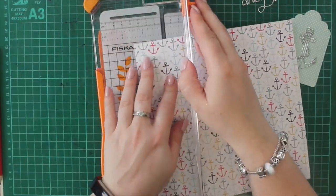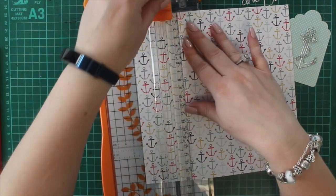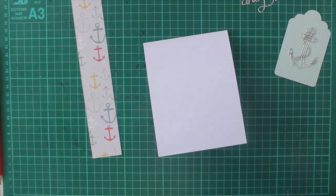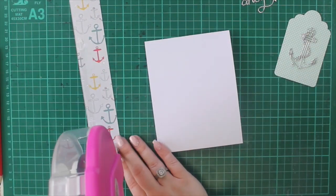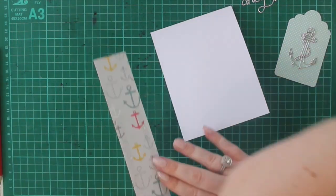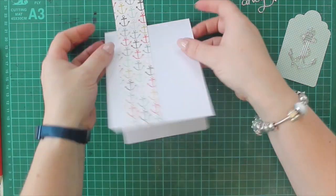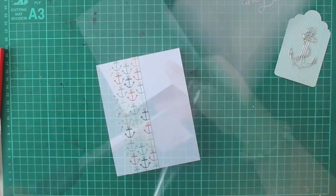So if you've got intricate dies that don't seem to want to cut, that might be something that works for you. Here I'm cutting a 1.5 inch wide strip of anchors. Then I use my ATG gun to attach it onto the front of my card base, slightly over to the left,